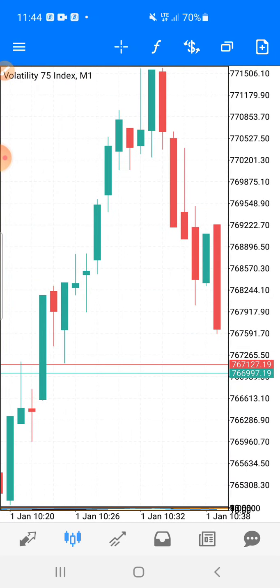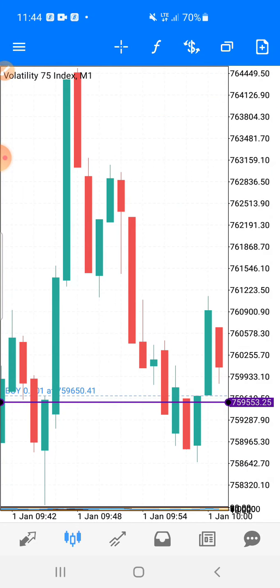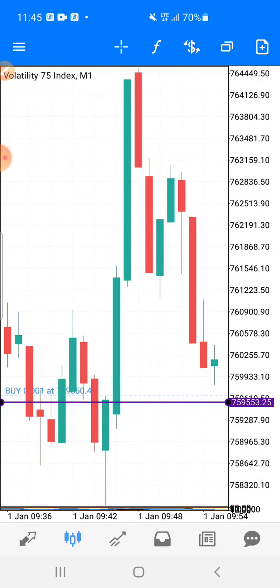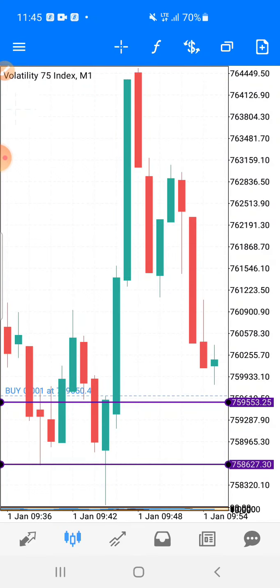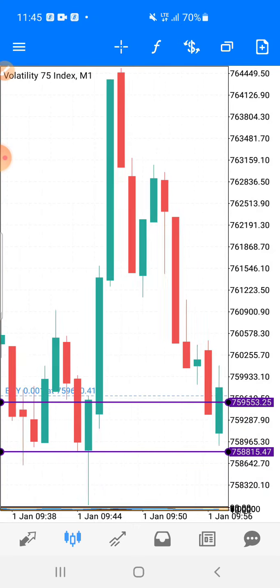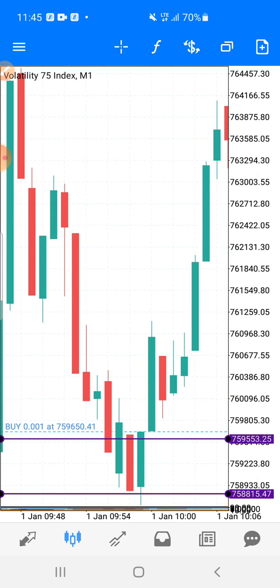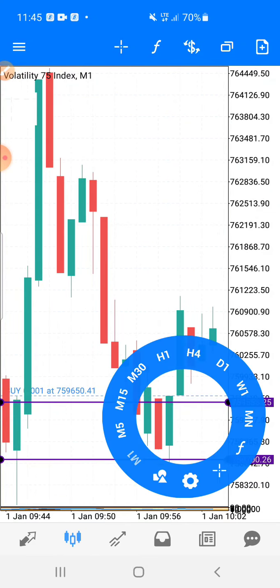If I go to the 1 minute time frame, when I enter this trade is at this point. I discover that, still on the 1 hour time frame, you just make sure of the support zone. Look at the support zone here. Let me pick a line. Look at the support zone here. So you need to see the price pull back to that support zone, which is here. You can see my first line and my second line, but I can just drag this one down to this point again. This is my entry point.